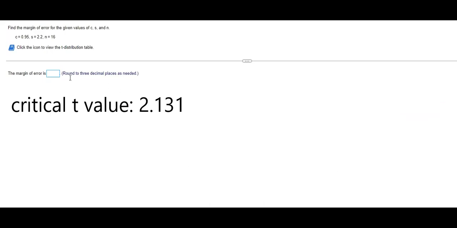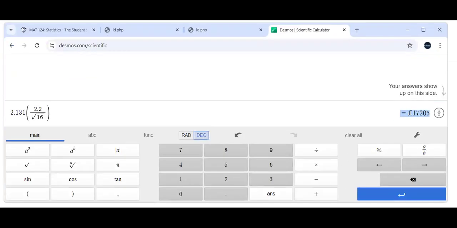I wanted to write it in here because we do need to round to 3 decimal places. Be very, very careful about rounding. I didn't mention it before because the critical value was already to 3 decimal places, so that was fine. But we do need to round our final answer to 3 places. So let's just go back here. So we have 1.1720. So to round to 3 decimal places, you need to look at the fourth number. And if the fourth number is 5 or above, you can round up. But if it's not, you round off. So my final answer would be